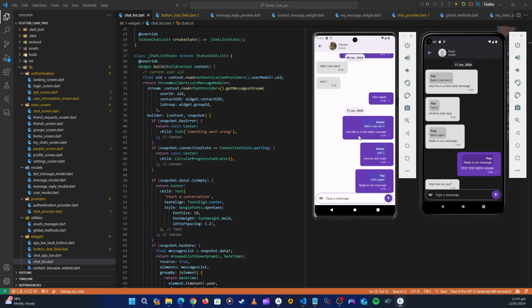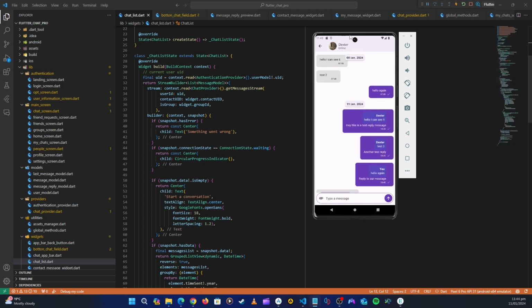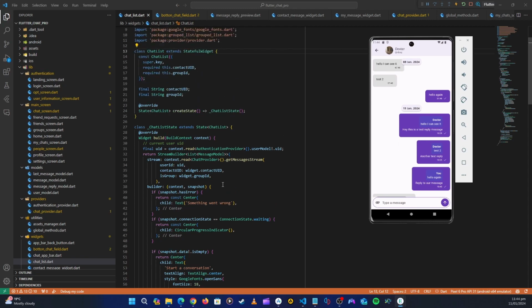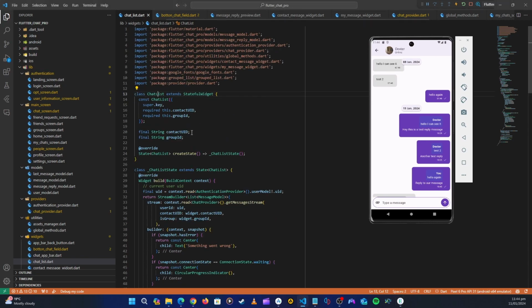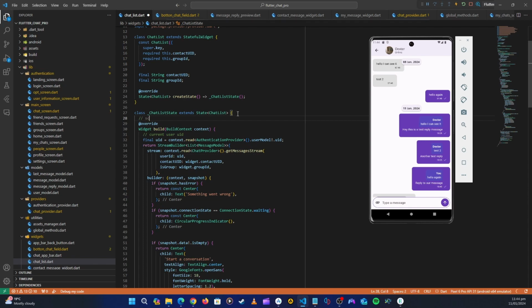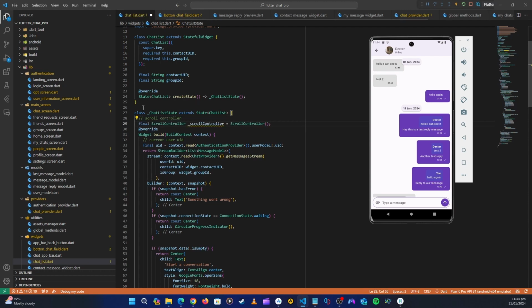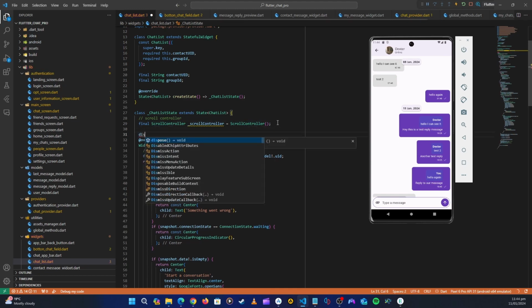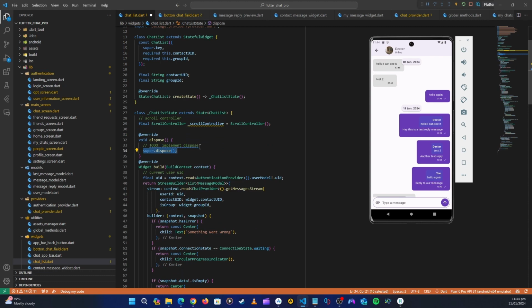So for the automatic scrolling, let's minimize one first. We need to have a scroll controller. So inside the chat list here, let's have a scroll controller. Up here, where are we going to initialize it? Here. Let's see if Copilot will know about that. Yeah, scroll controller, let's have it do it. So here's our scroll controller. We need to dispose it when we finish with it. So here we just need to call